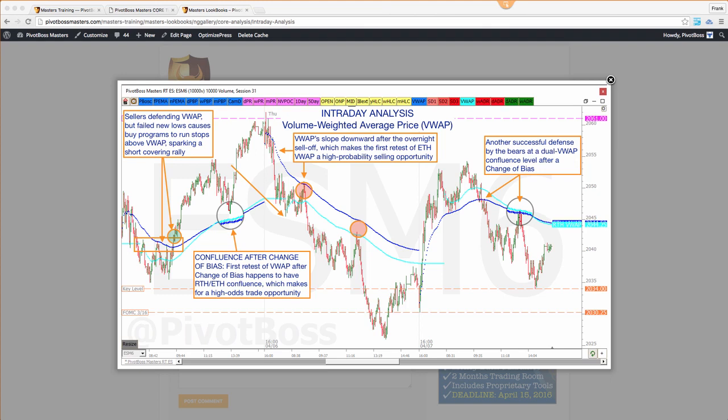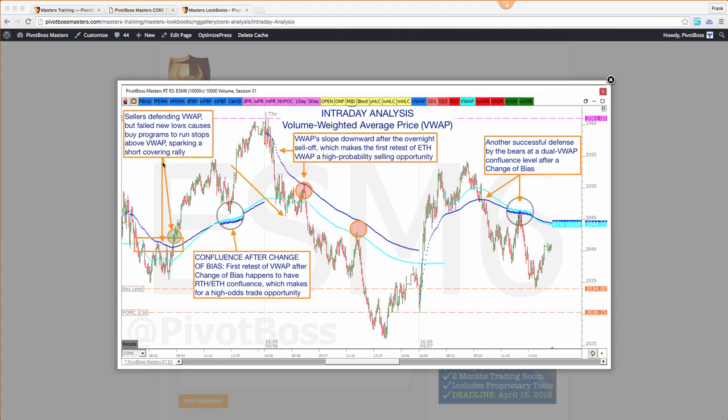So again, sometimes it doesn't have to be the home run trade. It never has to be the home run trade. It just has to be the one that has the highest odds for winning. After a change of bias, this trade can be very, very high odds. Change of bias, high odds trade. When VWAP is sloping perfectly in one direction or another, high odds trades defend the direction of that trend. When there's a market that's constantly one participant or another defending the level, yet they're not getting paid, watch for the stops to come out. Those are just basic tendencies and pattern behaviors that happen over and over again with all of these various pivots.